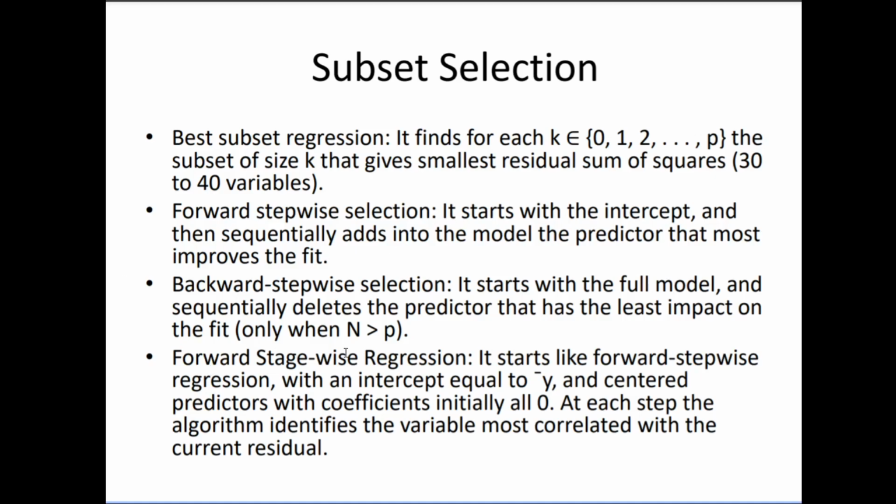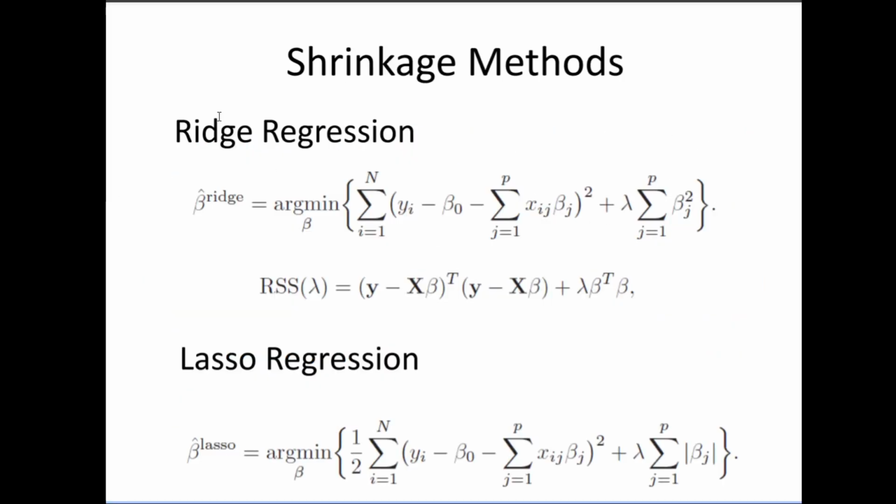Now there's another way which all of you must be definitely familiar with, the shrinkage methods. Everybody knows ridge regression and lasso regression, but today let's go a bit further. In the case of ridge regression, you have your original equation for linear regression, which is effectively RSS, and you have a penalty. Based on this penalty it does proportional shrinkage on each of your beta j's. So it shrinks your beta j's, and that's why the name shrinkage methods.